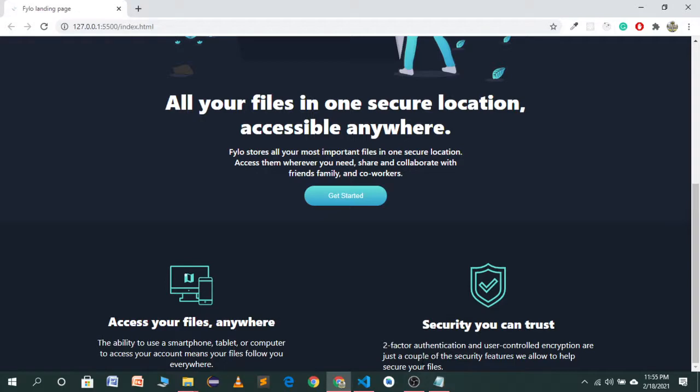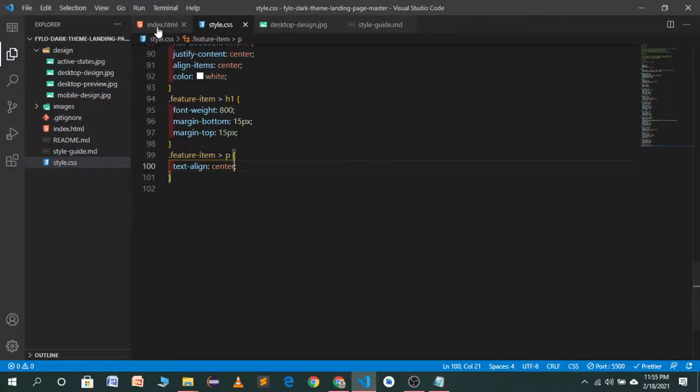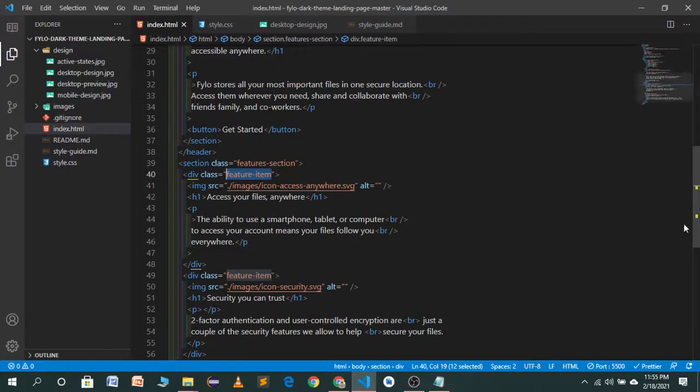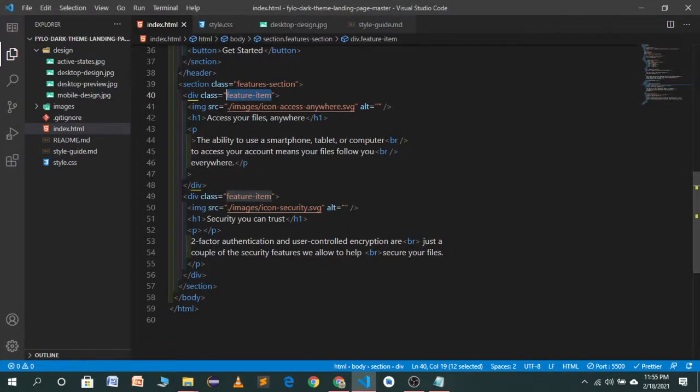But this text is not changing, so let's see why.